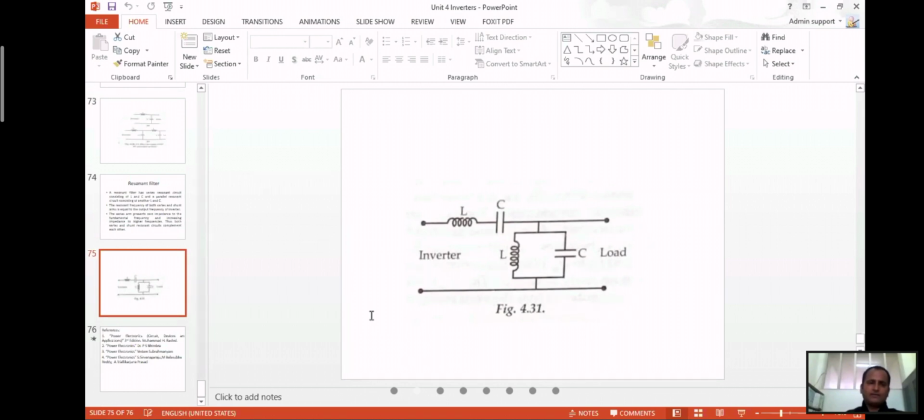You don't have to go into detail on the filters. They are just used to eliminate higher order harmonics. We have been talking about harmonics and total harmonic distortion, which arise because we are converting DC into AC. This is an inverter, so unwanted harmonics will be contained in the system. To eliminate these harmonics, people use different techniques